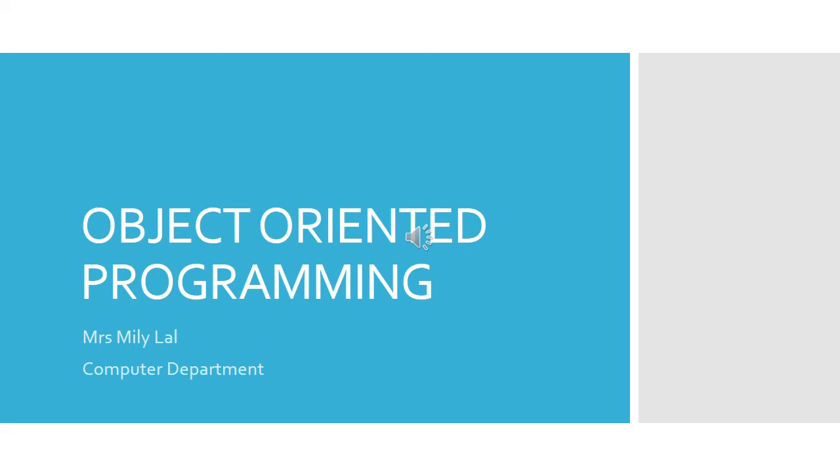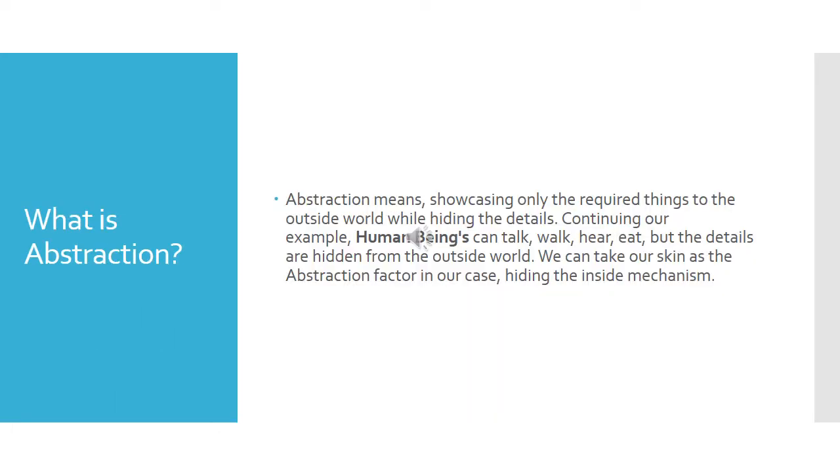Hello everyone, we are going to learn the course Object Oriented Programming. Before we go into further details, we first have to learn what are the basic concepts of Object Oriented Programming. The first basic concept we are going to learn is abstraction, which otherwise is called data hiding. Data hiding means showing only necessary details to the outside world. The complexity of those functionalities and data is hidden from the outside world. So that is why it's called data abstraction.